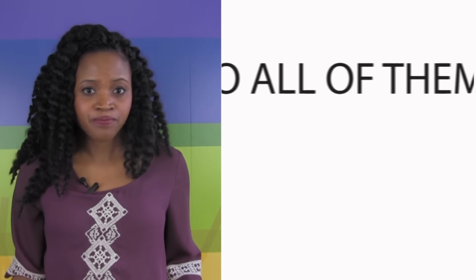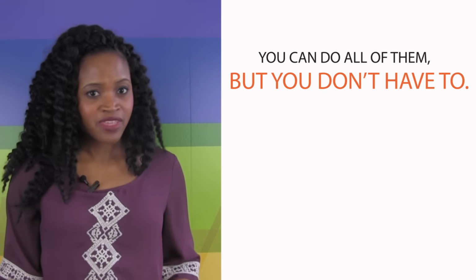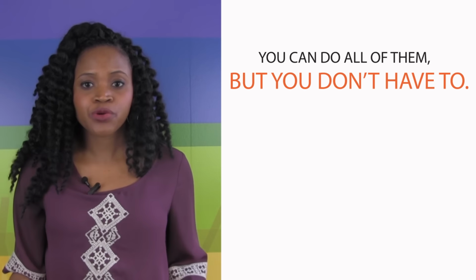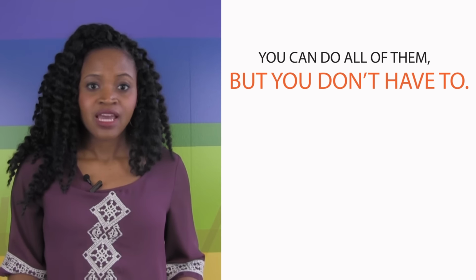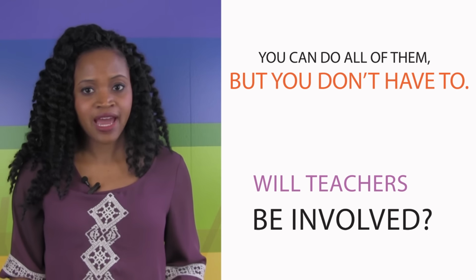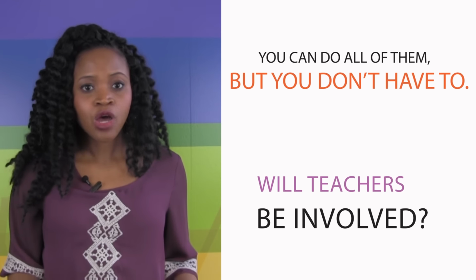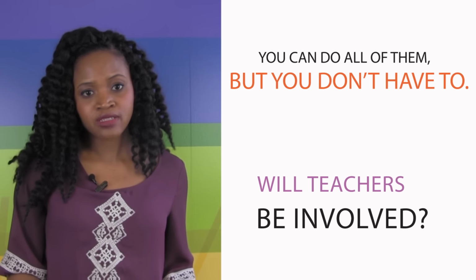As we discuss each of these summer program components, keep 2 things in mind. 1, you can do all of them, but you don't have to. Just choose what you would like to implement this summer, and then you can always grow the program next year. The second thing to keep in mind is the level of teacher involvement you would like to have. You can set up your program to be fully automated with all the setup being done up front so that